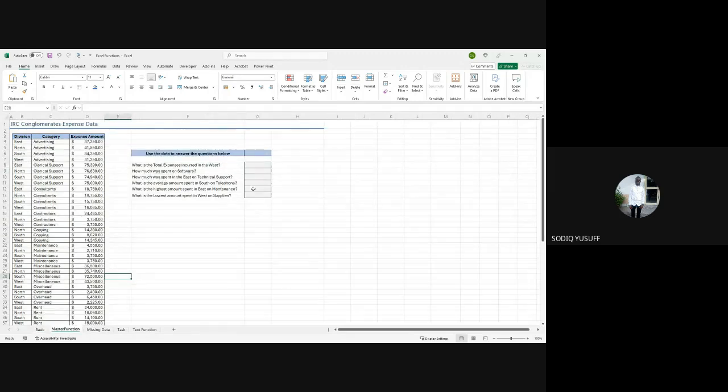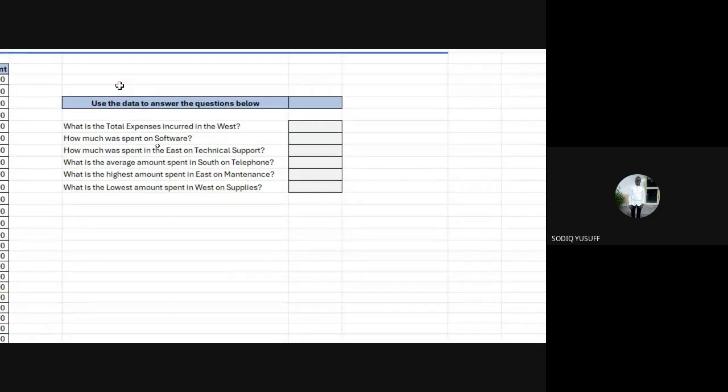But now, for everyone, let's go to the next sheet where we have the master function. In the next sheet, we also have the same data, but this time around, we have different sets of questions.